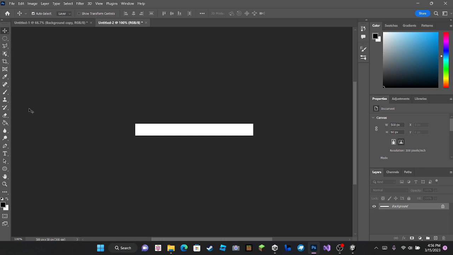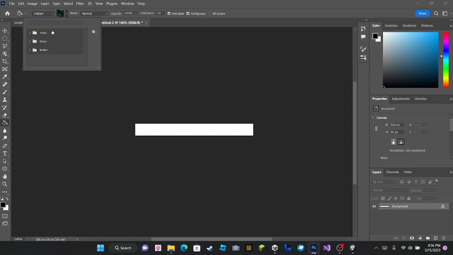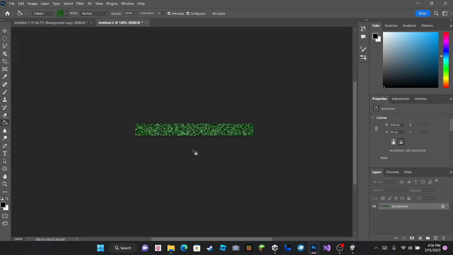I'm thinking of using the fill tool, but having a texture or a pattern. Trees, grass, and we have water. So we have these. I'll choose the grass texture, and it turns into grass. Choose a blue one. Does it tint it blue? No. Okay, let's see. It changes it to grass and then